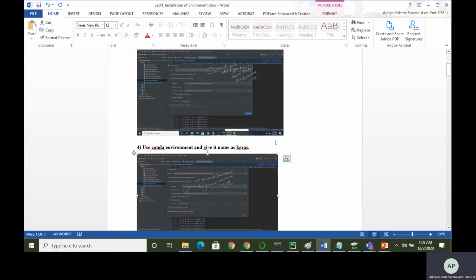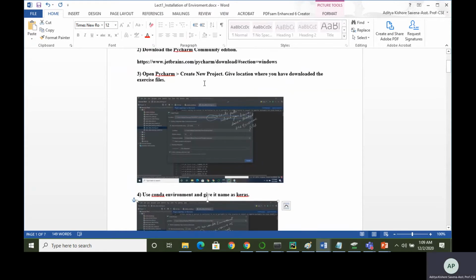Now you can see here, first open PyCharm, new project, and give the location where you have downloaded the exercise file.